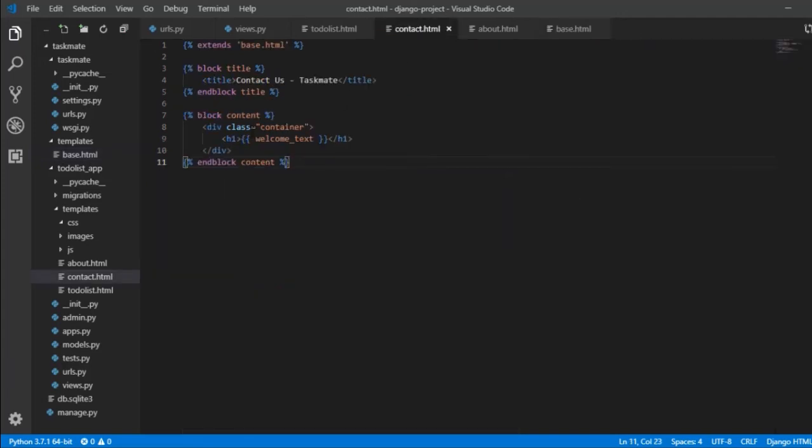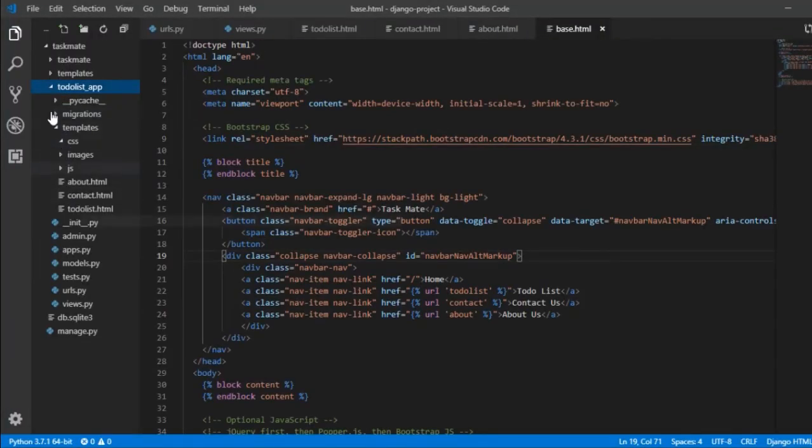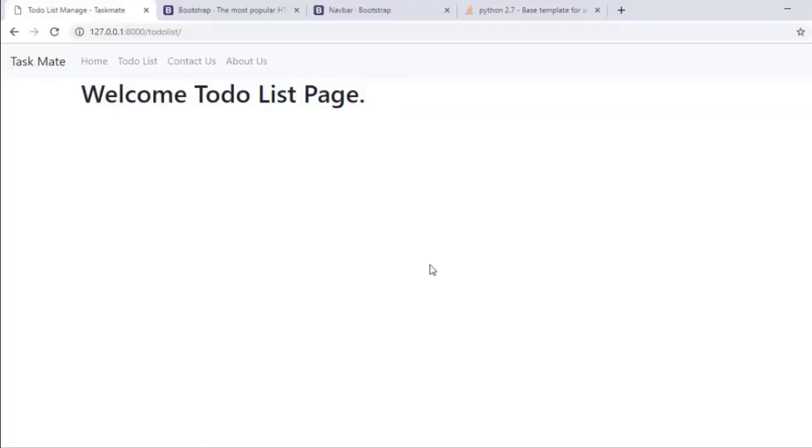Now it would be fine if I use contact text here and about text here. This looks fine. Let me run this one. Go to my contact us page, about us page. Yeah, that's fine. So we have 3 pages in our template now. Also we have a base template, and we have used Jinja 2 properly in our application. So we are going good with our project. That's done for our first half. That means we are ready with our base, and now we can tackle Django very well.